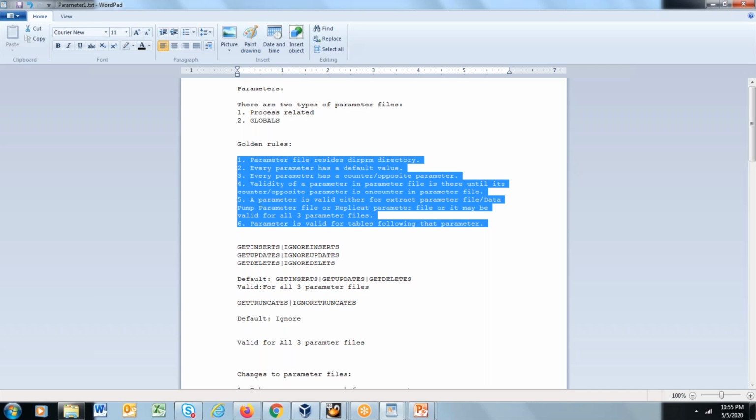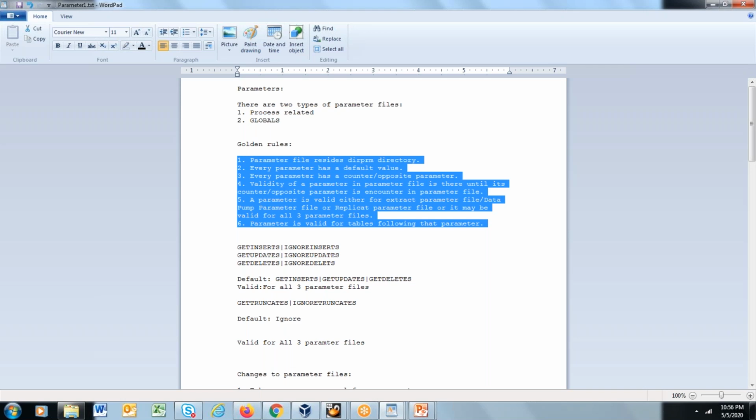There are several parameters in GoldenGate. Going forward during the sessions, we'll see many more parameters as well. But there may be a possibility that in your environment where you are working, or if you have to implement a new customer requirement, you may want to use a new parameter, or if an existing GoldenGate is there, you may have some already existing parameters in the parameter file. So what you should be able to do is comprehend or use a new parameter based on customer requirement. That is very important.